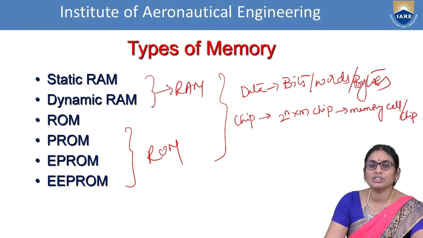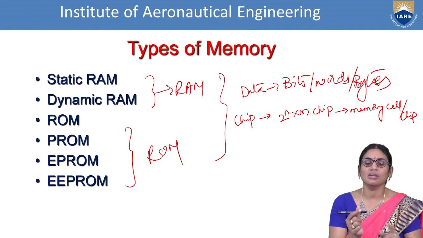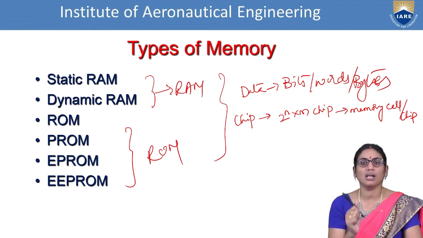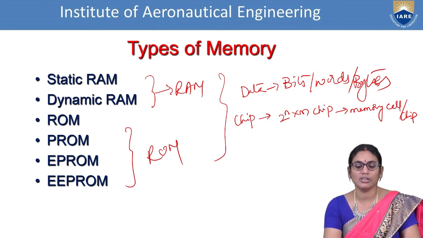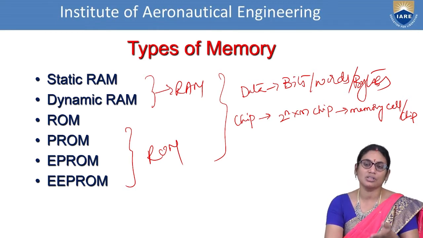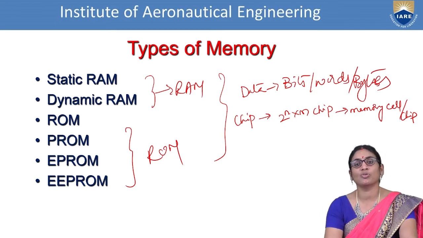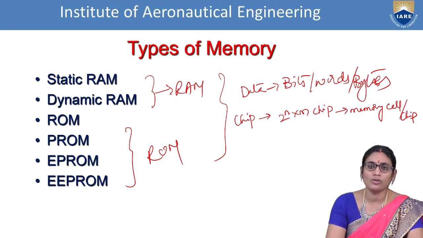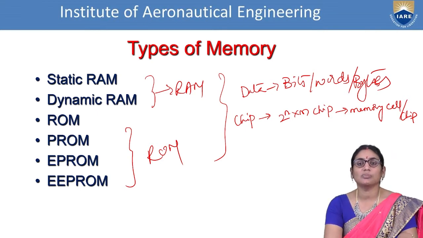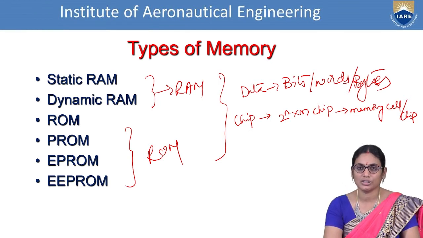So what is the basic intention here? If I say that a pen is defined with the nib, the color, and the features, similarly, if I say that memory is a storage unit, we have said so many classifications. Now we have to see how this is exactly designed so that it can handle such an amount of information. How long it can hold, how long it cannot hold, is not a matter. We just bother about how the data is managed and manipulated in memory. So in order to learn that, we need to go for memory chip organization.